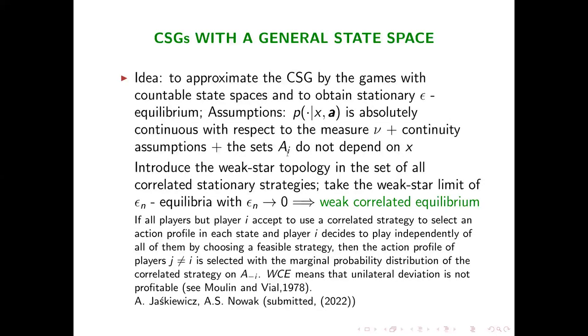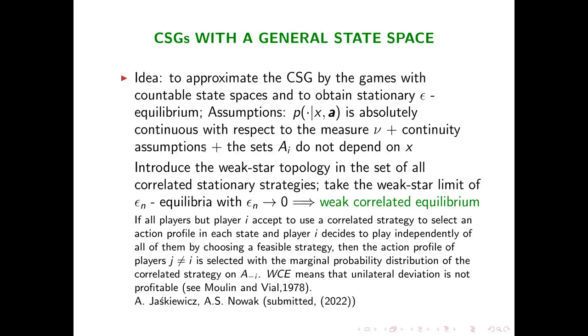So we assume that A_i is independent of the current state x. And then we can approximate the original game by games with countable state space, and in this way we obtain a stationary epsilon equilibrium, and then we take the limit of such equilibria when epsilon goes to 0,